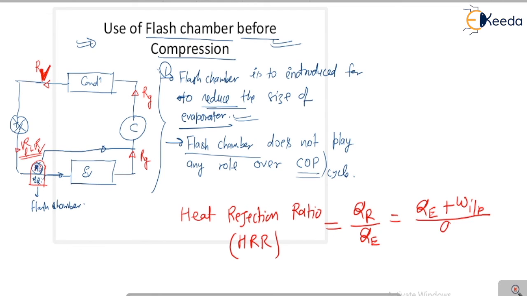That means you have to write it like that: 1 plus 1 upon COP. This formula is very important. HRR is just equal to 1 plus 1 upon COP. Is it right? So in the next lecture we are going to study about the use of liquid vapor refrigeration heat exchanger